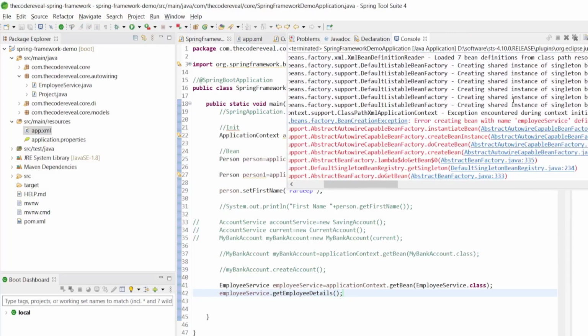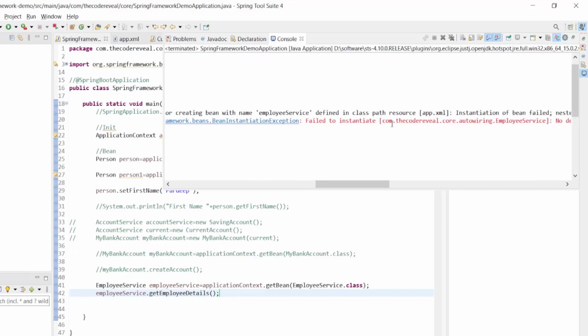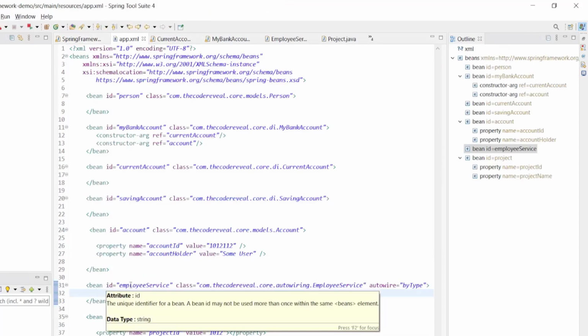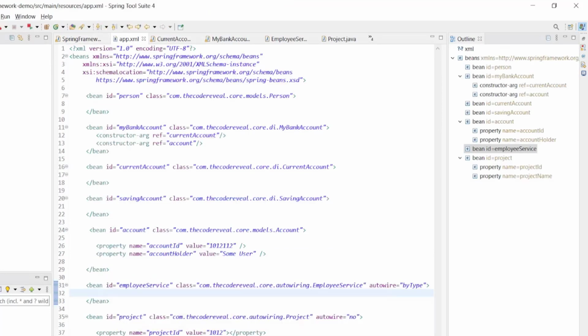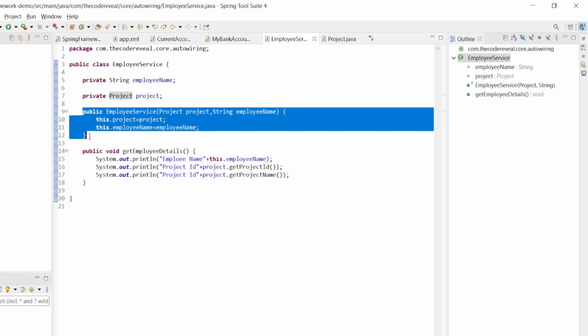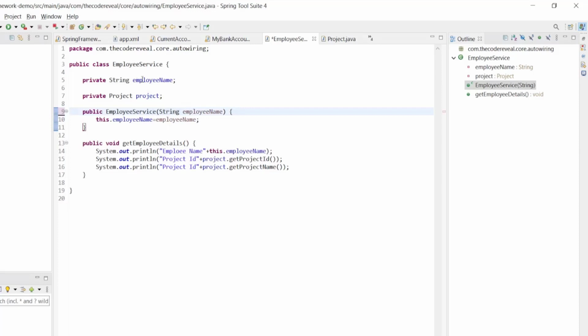So it's throwing an exception, error creating bean, because we have not defined for the name. No default constructor found. So this is the error. What we can do here in the EmployeeService, let's define one more constructor. So we don't need to add this because this will inject through autowiring.